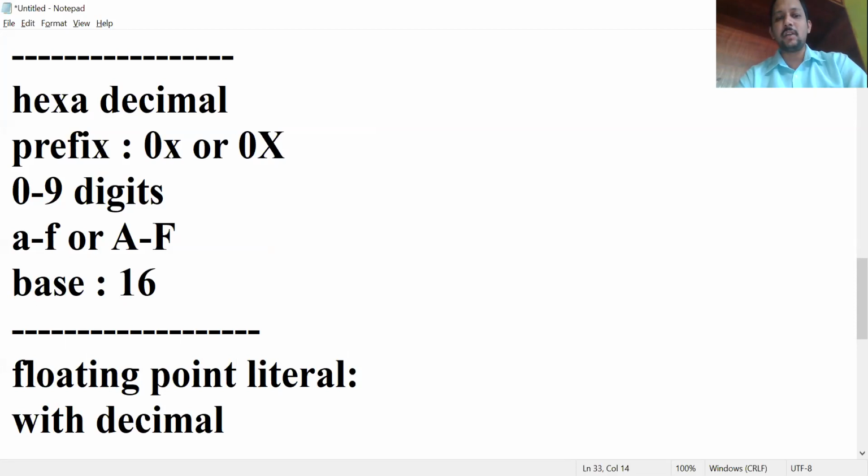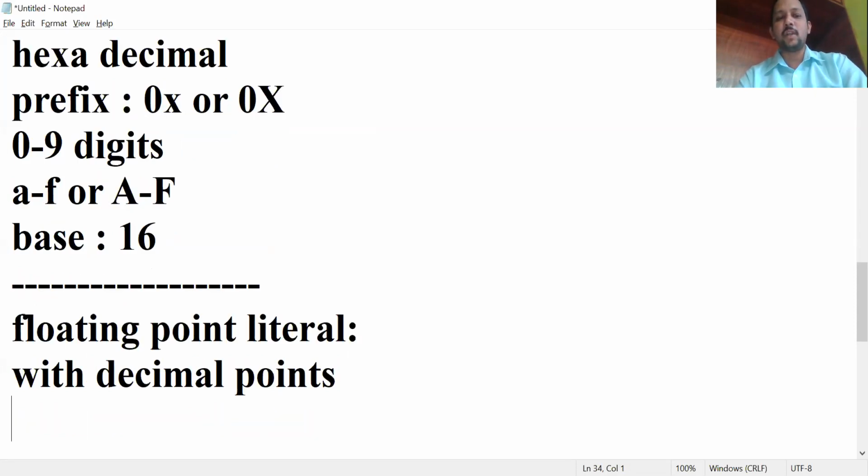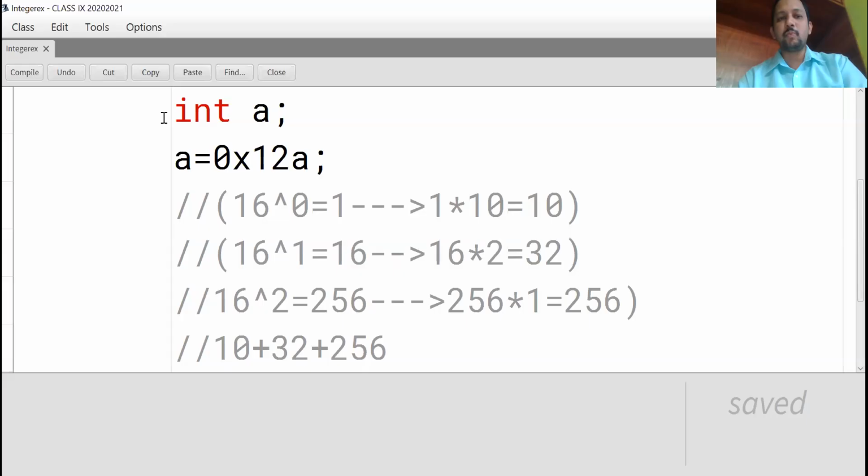Like float f is equal to 1.234, it should end with f, otherwise error. Generally we use float type here, also double type. So floating point literal should contain decimal points.